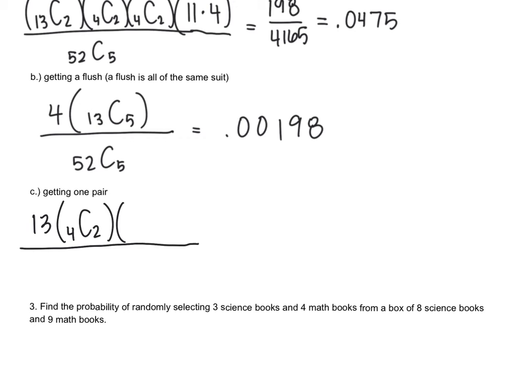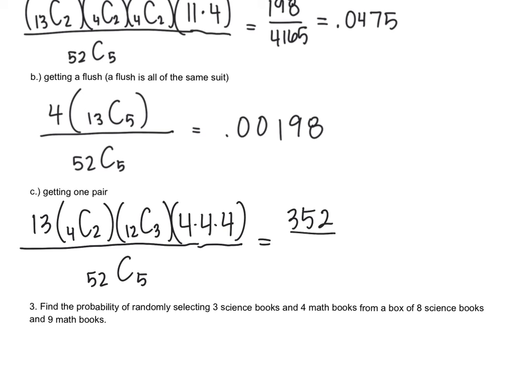It cannot match one of my cards from my pair. So then we have 12 choose 3 to account for the remaining 12 cards that we want to choose from. And then they can be from any suit. So we would do 4 choose 1 times 4 choose 1 times 4 choose 1, which is just 4 times 4 times 4. And then our denominator is still, of course, 52 choose 5,